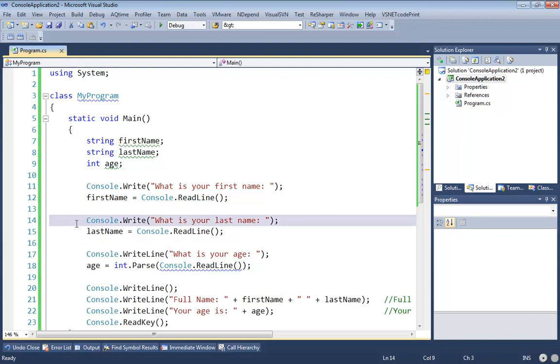Then we drop down to the next. Same exact thing happens down here with this console write. We simply write, what is your last name? And remember, as Nelson pointed out a second ago, I had to hit enter for this read line to actually take the contents that I wrote and stored in here. But by hitting enter, that actually forced a new line in, which is what pushed us down. So when we write out, what is your last name? Same exact thing. We take whatever the user types into the console, and this time we save it over into the variable last name. If I would have had this variable, if I'd have done this,